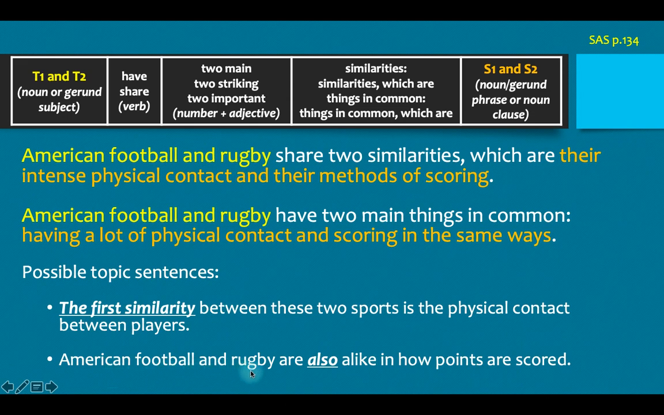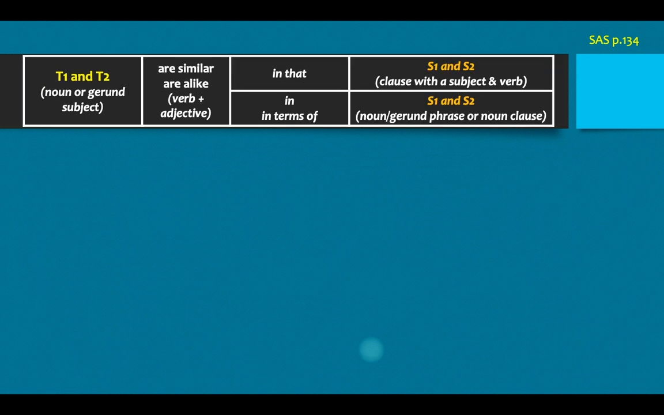American football and rugby are also alike in how points are scored. And here I have a noun clause. Here's another structure that we could use for our thesis statement. Thing 1 and thing 2, again, it's our subject, are similar, are alike. So instead of using our have or share verb, we're using a form of to be,